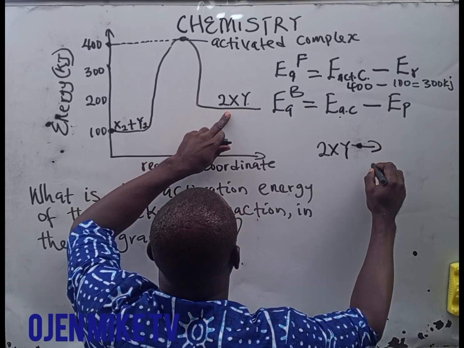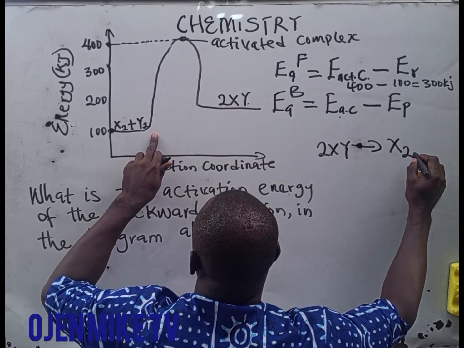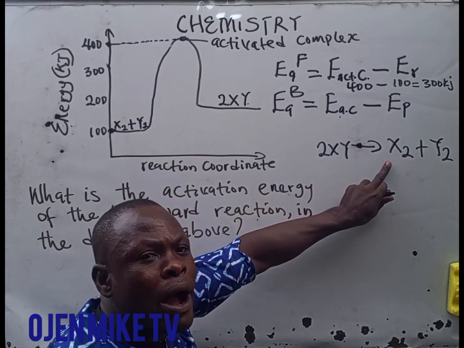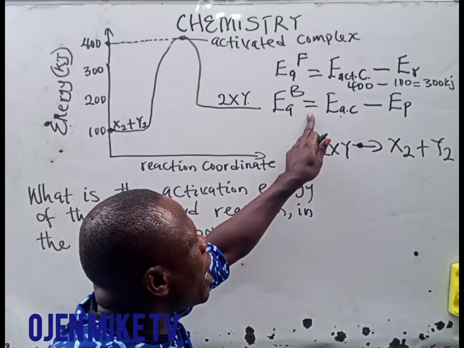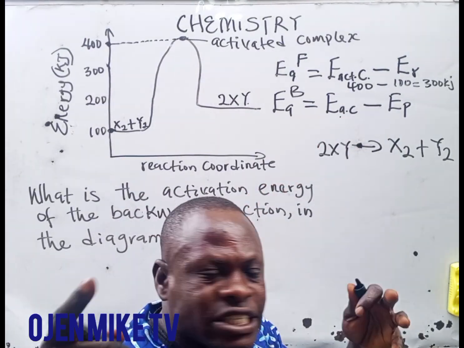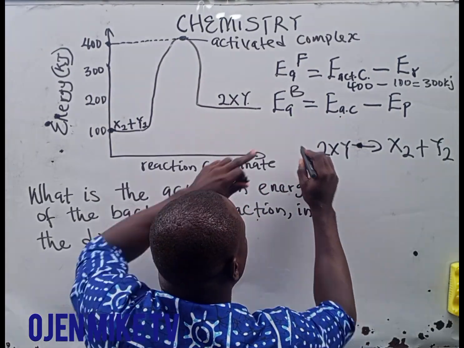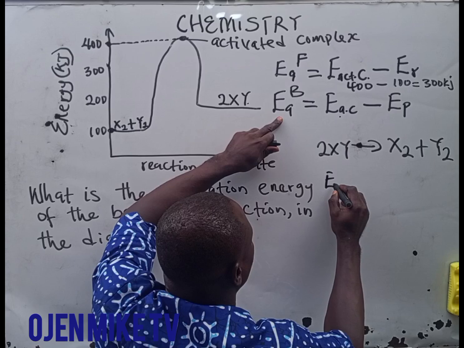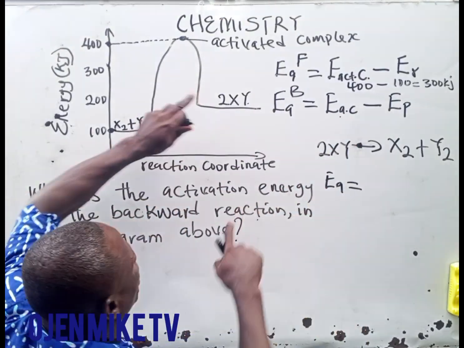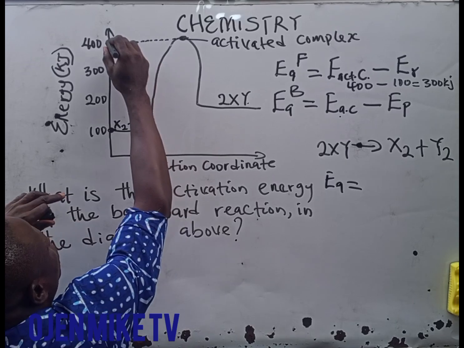2XY will give you X2 plus Y2. This is what? Backward reaction. And how do we get our activation energy? We say activation energy is equal to, what is the activated complex? The activated complex is 400